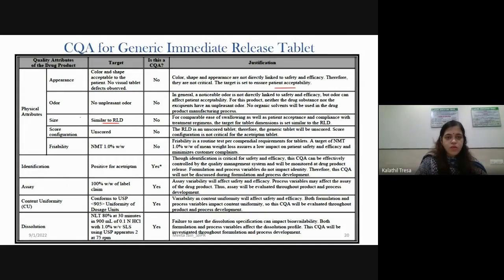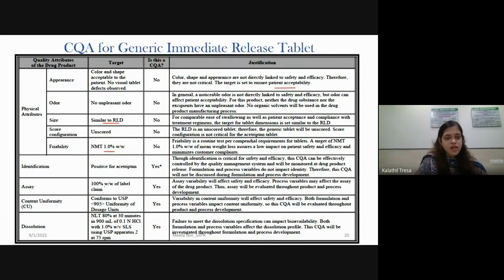Then scored configuration, the target is unscored, that is the RLD is an unscored tablet, therefore the generic tablet will be unscored, so it is not critical. Then in case of friability, because the routine test you perform is as per the compendial requirement, it will always be less than 1% weight by weight. If it is more, it fails in quality control, so it is not considered a CQA.